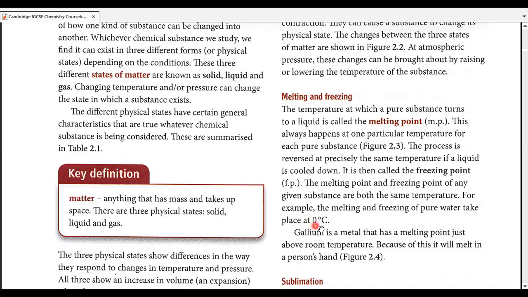Now, this portion is important because this quotes an example of conversion of water. Now, the ice will be converted to water at 0 degrees centigrade, and the process would be known as melting, while this 0 degrees centigrade temperature would be known as melting point. However, if we're going the reverse, the water is being converted into ice, the process would be known as freezing, and the 0 degrees centigrade at the same temperature in which water would be converted back into ice would be known as freezing point. Are we clear with this example? Any questions?